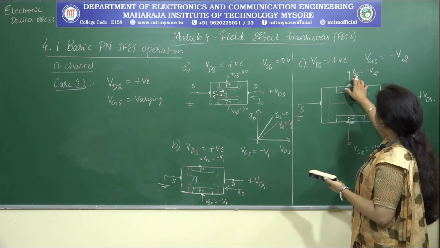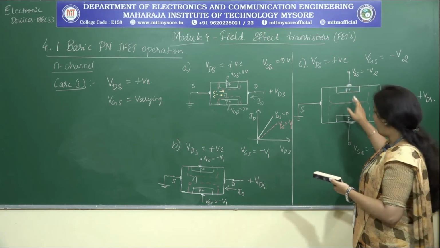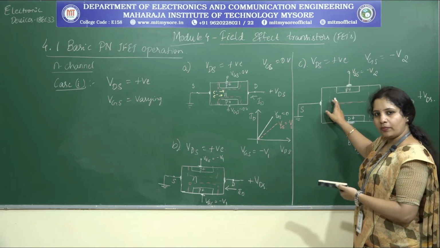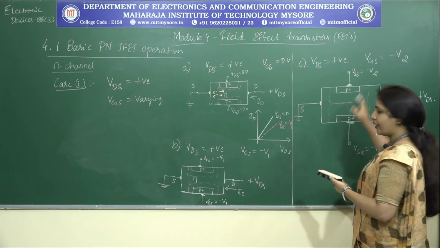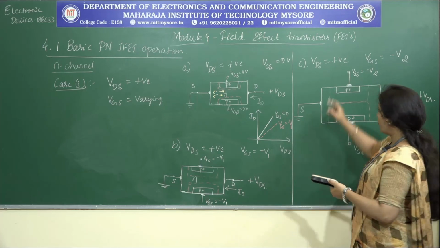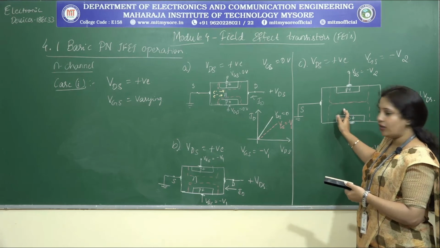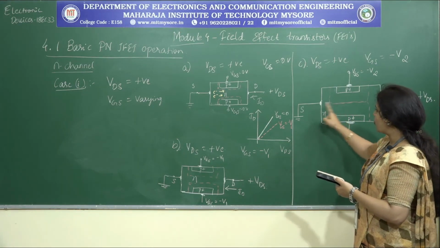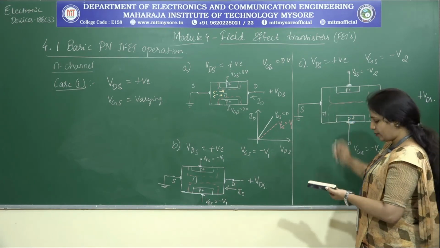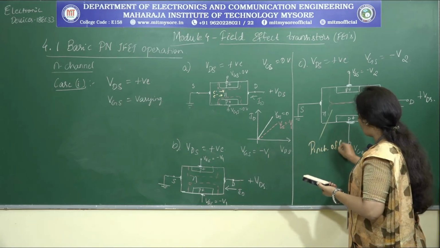As I provide more negative potential to the P plus regions, they become more reverse biased. More reverse bias means what happens to the space charge region or the depletion region? They tend to widen or expand. As they expand, there comes a point wherein both depletion regions meet up and completely occupy the N channel that is provided, which isolates the source and the drain terminals. This particular scenario is referred to as the pinch off region.